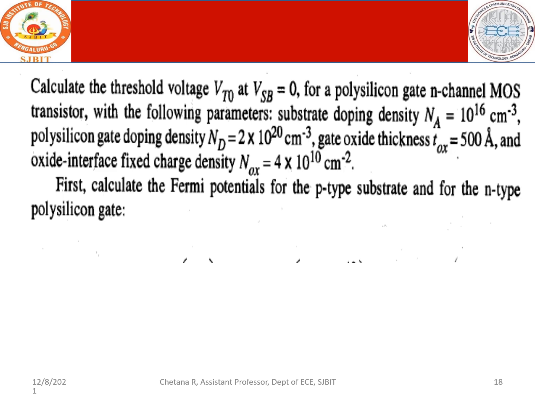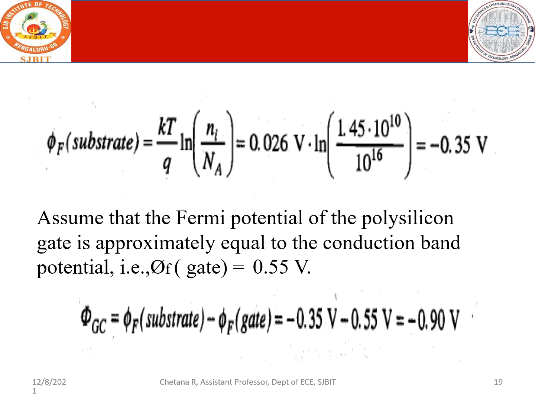So we will now solve a problem finding the threshold voltage with the parameters given as substrate bias equal to 0, doping density Na is 10 power 16, polysilicon doping density is Nd, thickness of the oxide is 500 angstroms, oxide interface charge is NOx. So calculate the Fermi potentials. The Fermi potential for the substrate is given by this formula, kT by q into ln of Ni by Na. kT is